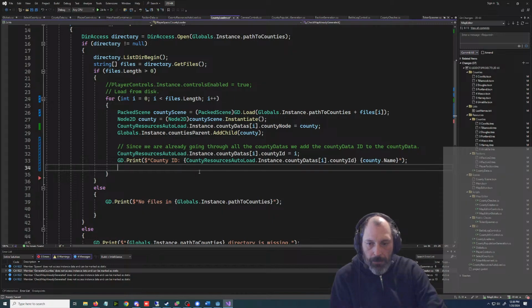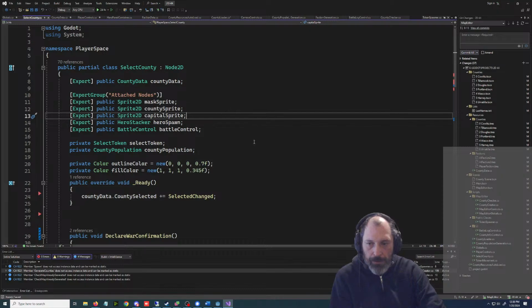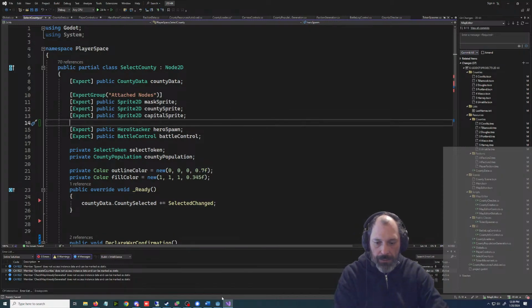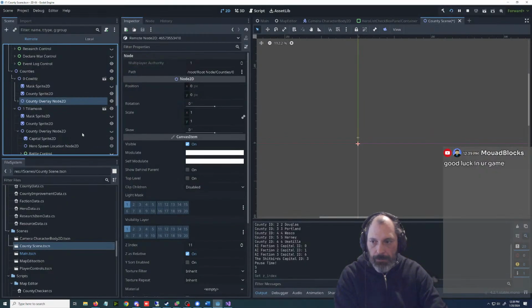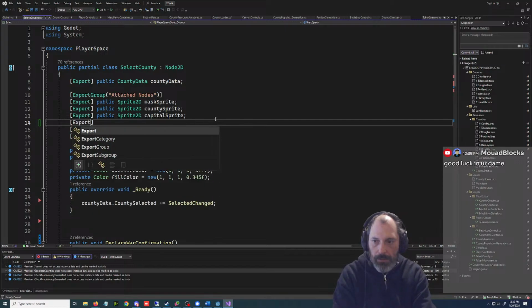So I think what I need to do first is the select county, which we're going to rename at some point. We need to have, what is this thing? A Sprite2D or something? The county overlay is a Node2D. So we need to have,